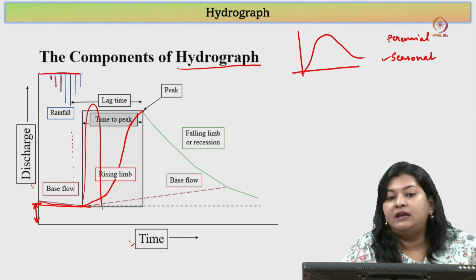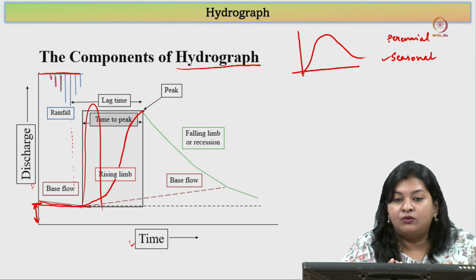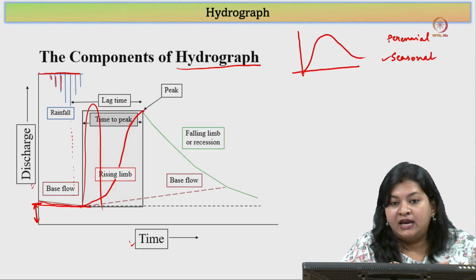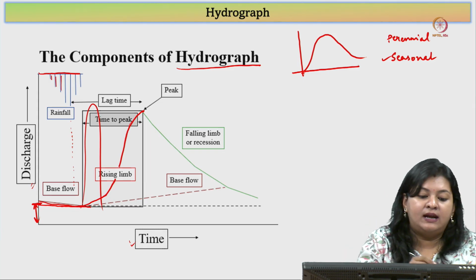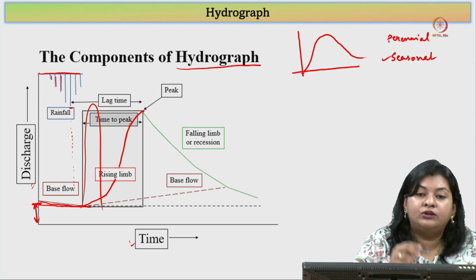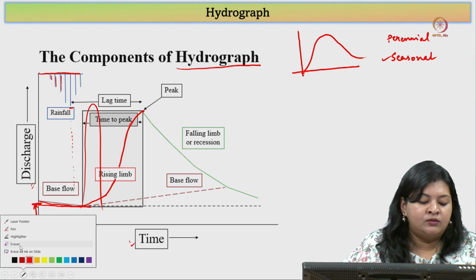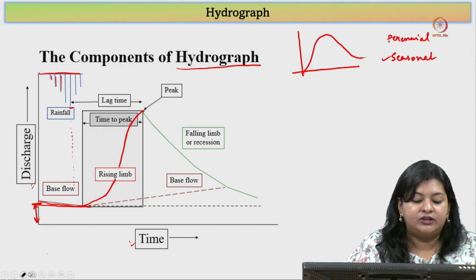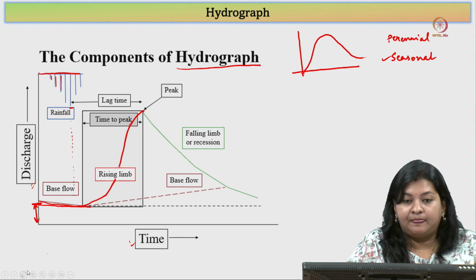This can only happen if it has been raining for a significant amount of time, such that there is a flood event. So, the soil can no longer infiltrate the water. Most of the water that is coming from precipitation will flow as overland flow, and if it is raining extremely hard, that means there is an extreme amount of rainfall, we are going to see an immediate peak. So, this generally happens when there is no infiltration happening, but otherwise we will see this rising limb, and this particular time period, the gap,